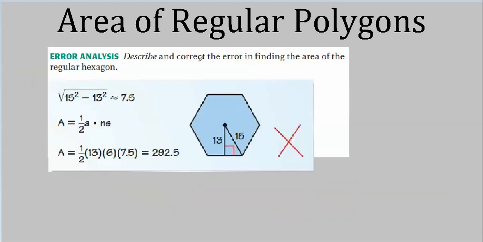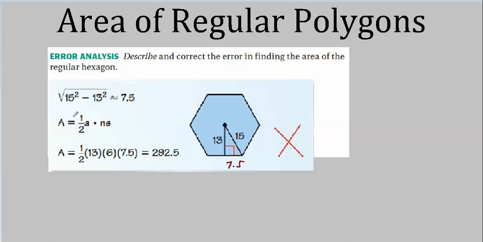Okay, here's a mistake somebody made. We don't know who, because, well, actually we just found this problem written on a bathroom wall. It was done anonymously, and they made a mistake. What was the mistake? Yeah, let's take a look here. 15 squared minus 13 squared. The square root of that should give us this section right here. There we go. Makes sense. 15 squared minus 13 squared. Take the square root and you get this. So this is 7.5.